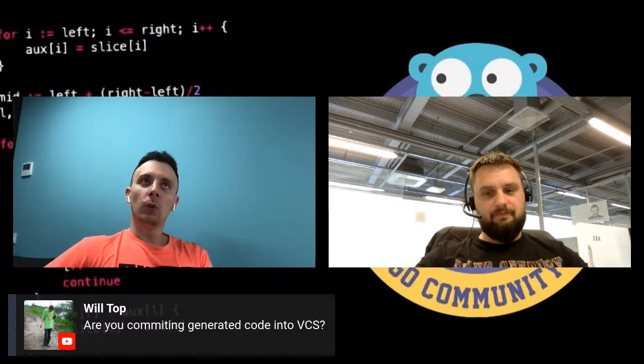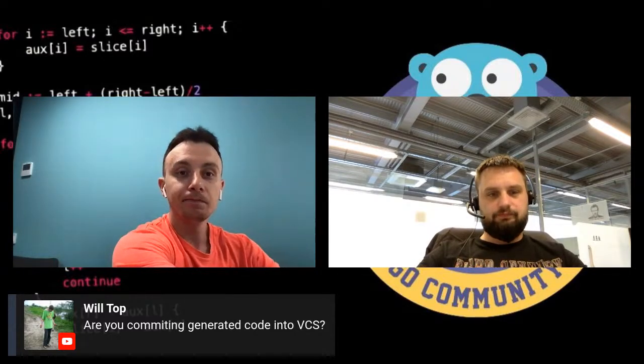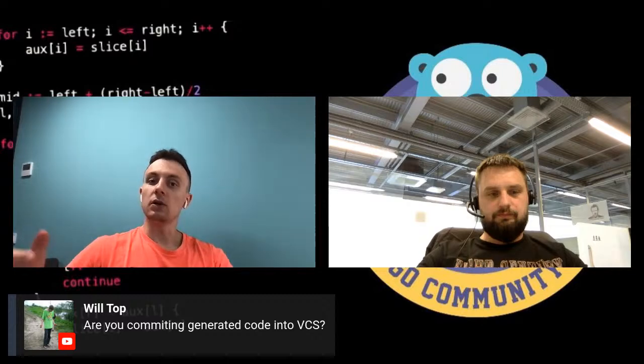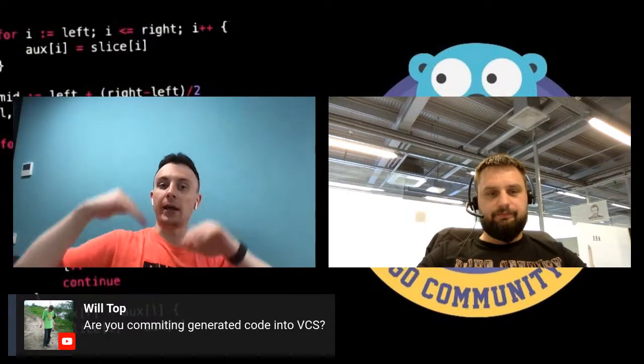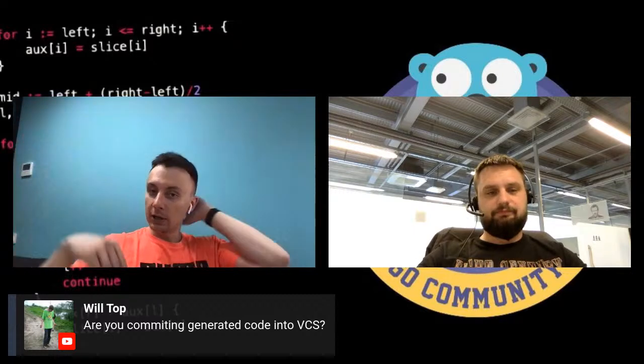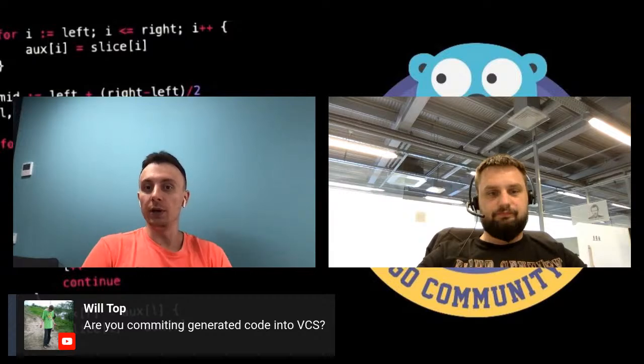The code review of some bigger refactoring also brings you a lot of diffs, right? So it's not only your business logic, it's also a lot of changes on the handler side, which makes your pull requests much bigger.